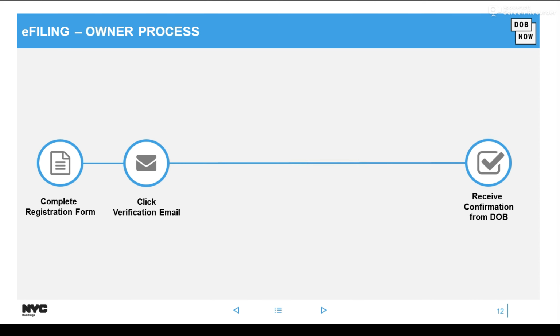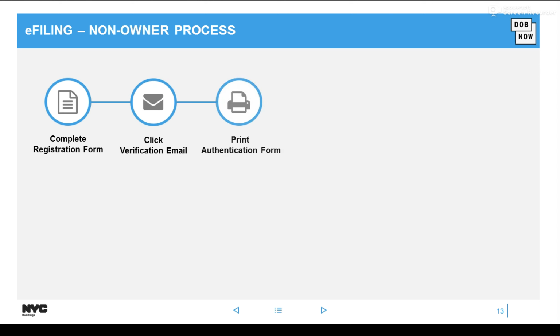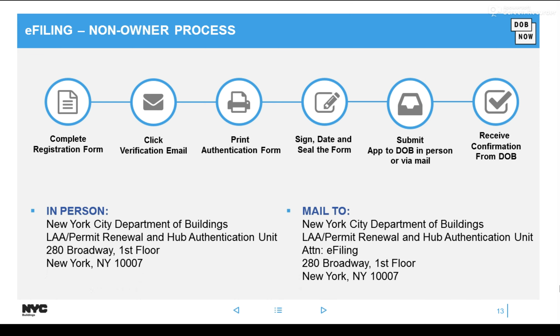Now, the process is a bit different for owners versus the other stakeholders. Owners complete the registration form, click the verification link, and they receive a confirmation from DOB. The other stakeholders do that as well, but they'll need to print that form, sign, date, and seal the form, submit it in person or via mail to these 2 addresses that I have here, and then they'll receive a confirmation from DOB in order to log in and